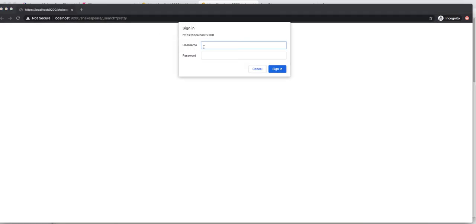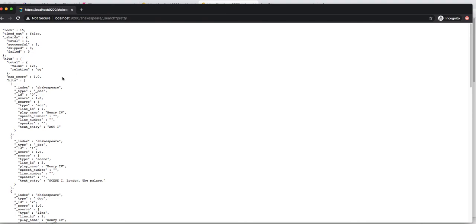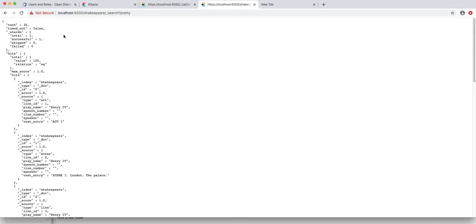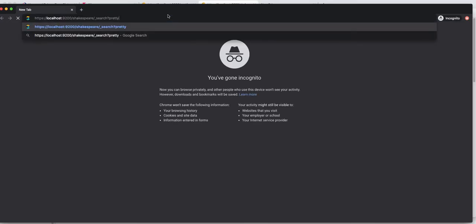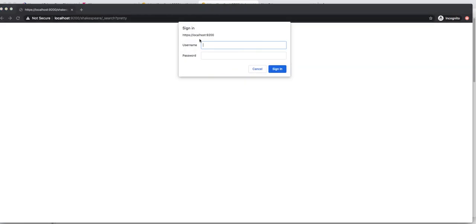Now let's check whether the author user has access to it or not. Basically author can see all the values in this particular index, but banker can't see. This is what we were trying to achieve. Now let's check for user one. I'll try hitting this with user one.